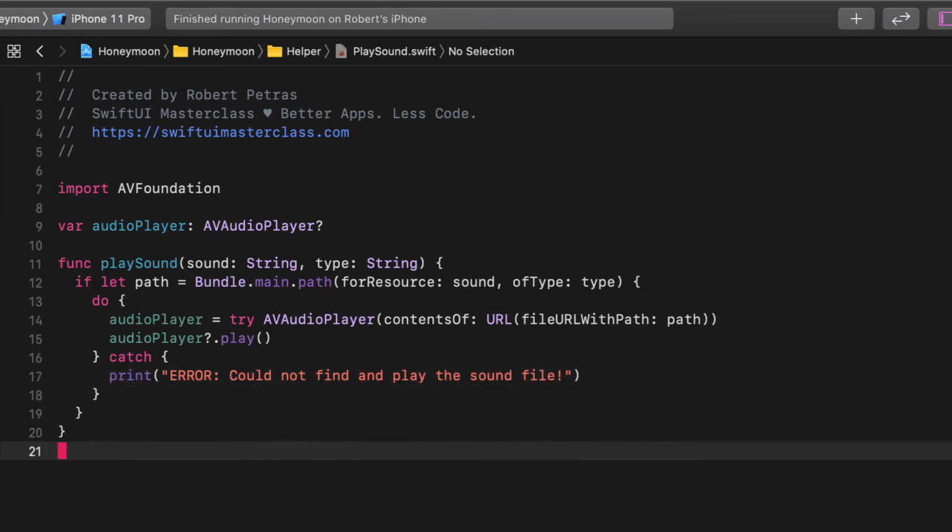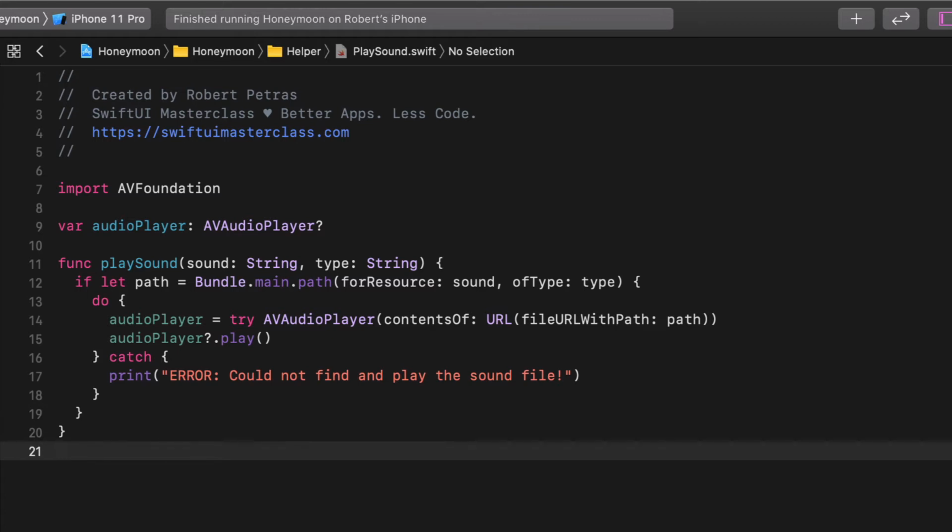This block of code could be familiar to you since we have used it before in the masterclass course. Just a quick recap. First, we created a new audio player variable, which is an AVAudioPlayer type. Second, we created a new function with two parameters. The first parameter is the sound name, and the second one is the sound file format. Both of them are string types. Next, inside this function, we defined a new variable. This variable will check if the app can access the sound file in the sound folder of the app.